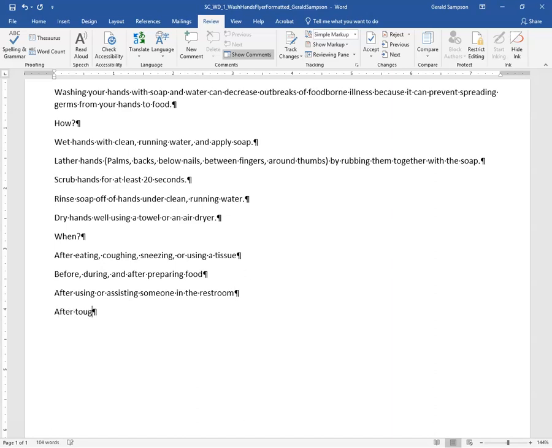After touching an animal, dog would be offended. Animal feed, dog eats better than I do. Or animal waste. Once again, not my job description. Okay, now after handling dirty equipment